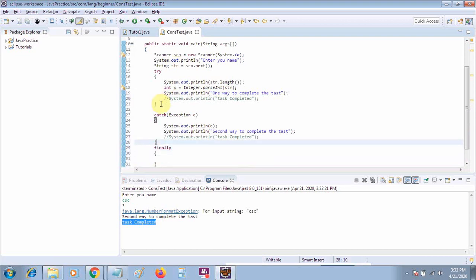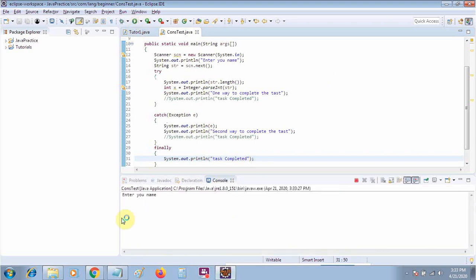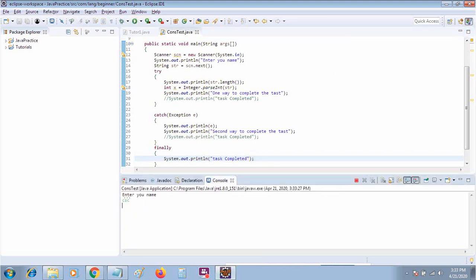So instead of writing it here two times, I will write it here once. The main benefit of the finally block is that your code must be executed whether the exception appears or not, whether anything happens or not. So in this way your code will be executed. Let me run this one.